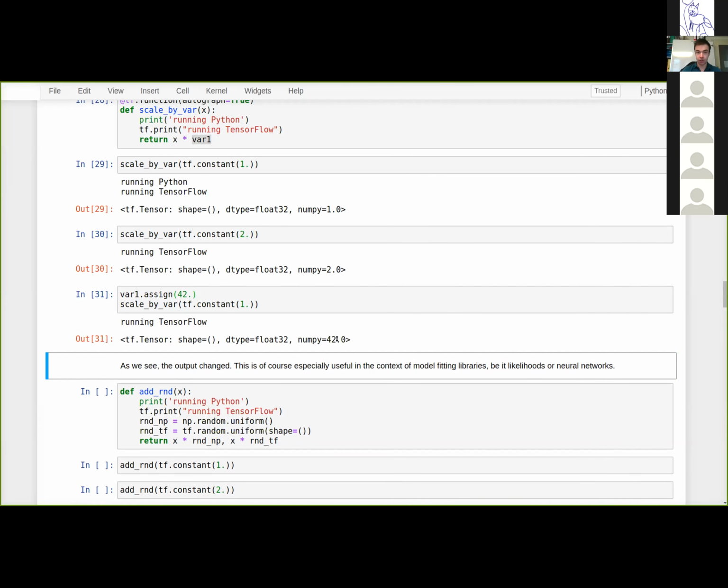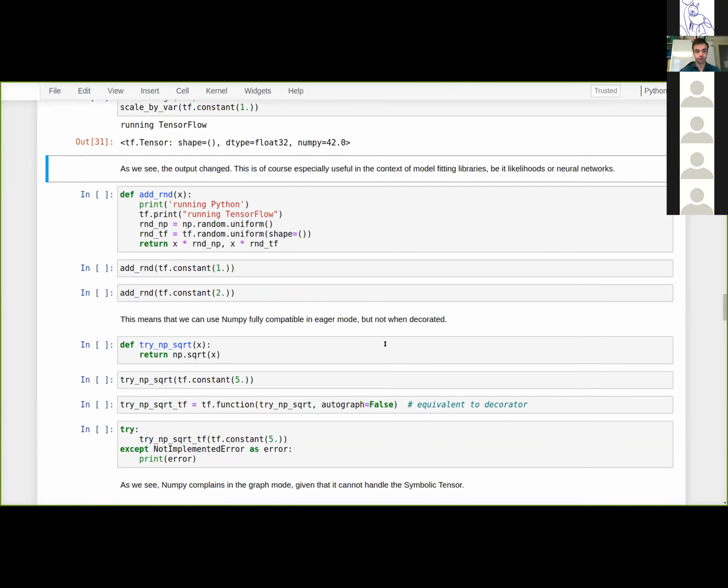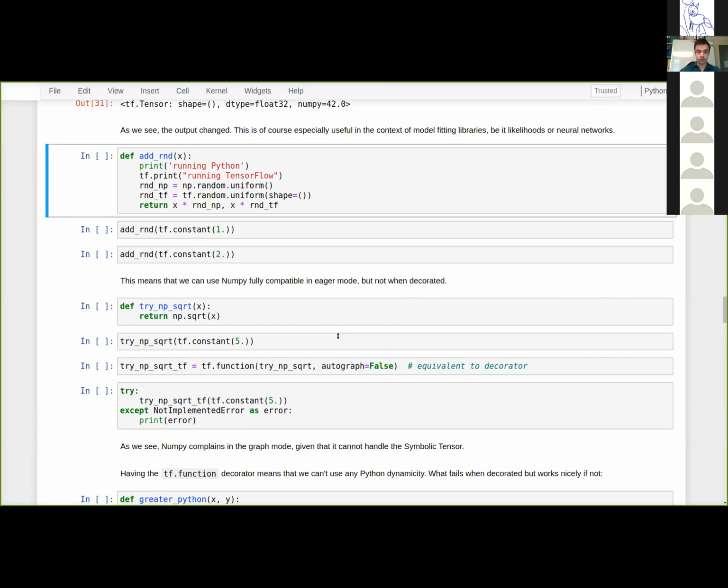This means we can change a compiled function, basically. There are global states that we can change. And sure, we can discuss globals, but there are quite a few applications where this is good. If you have large models, you can't always send through all the variables, like in machine learning. So